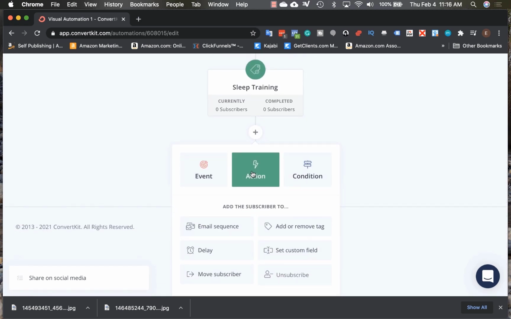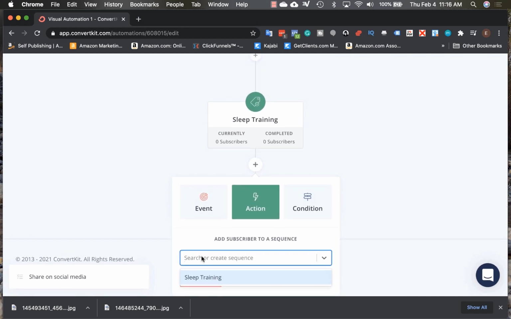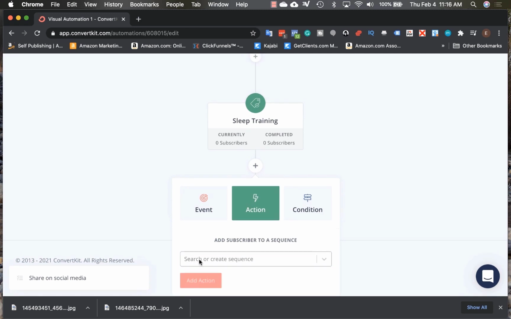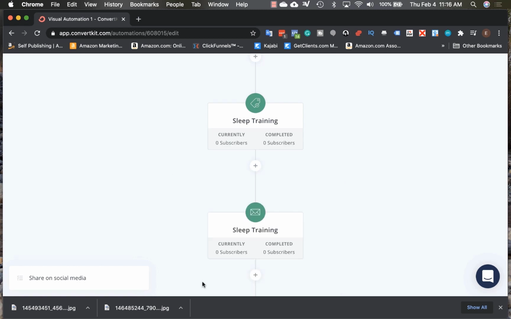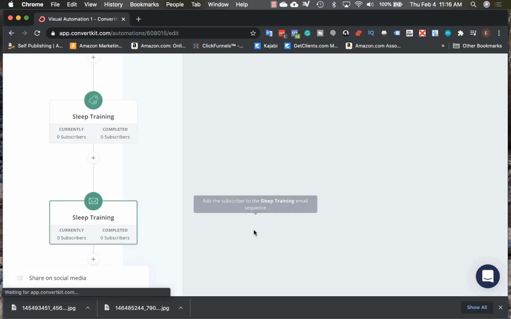And now the action is we're going to set them up with an email sequence. What we can do is create or search for an email sequence. I've already got one set up here, but you would simply type in the name of your email sequence. So in this case, sleep training, and we're going to add an action. And you see here, now there's an email sequence. And we can click on that,